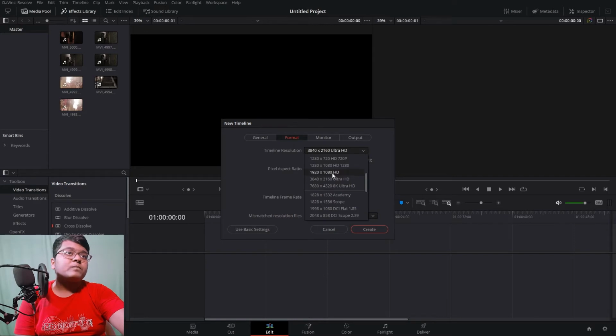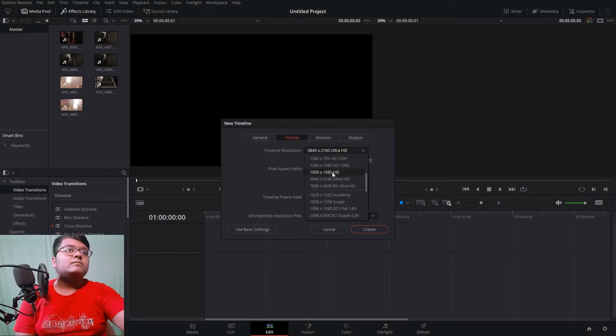So it depends upon your needs. It may be in 1080p, or in 4K, or else in 8K. Now 12K is also supported in DaVinci Resolve 16, but in version 17 and later, up to 32K 120 FPS is supported by the software.